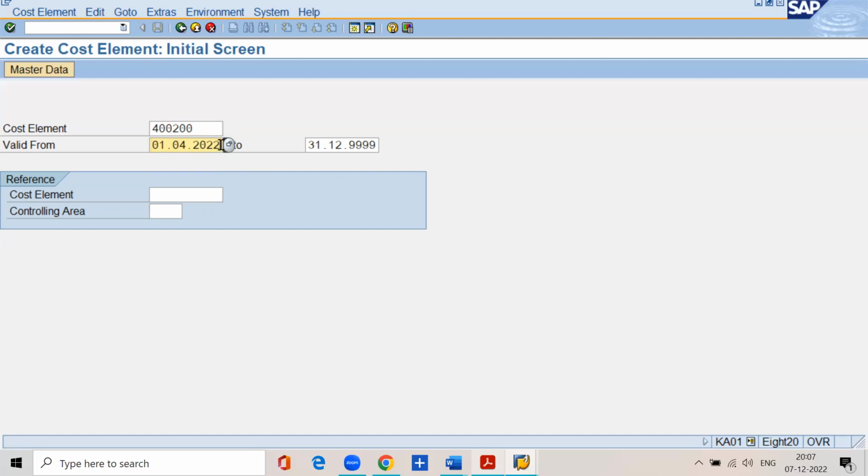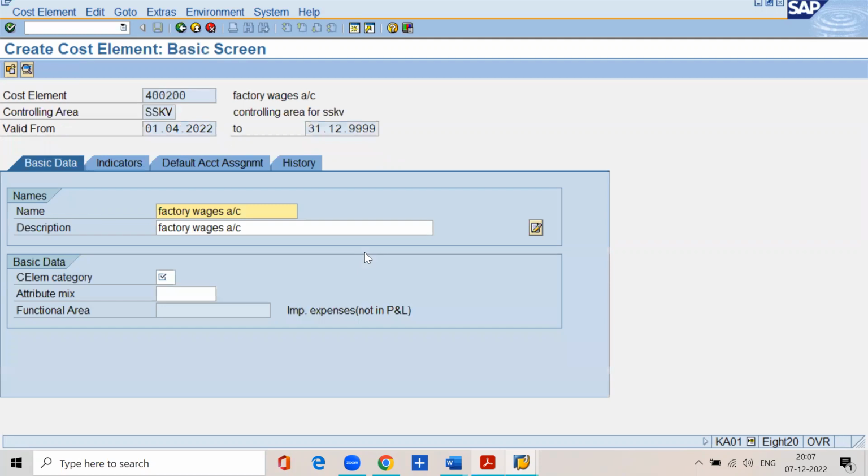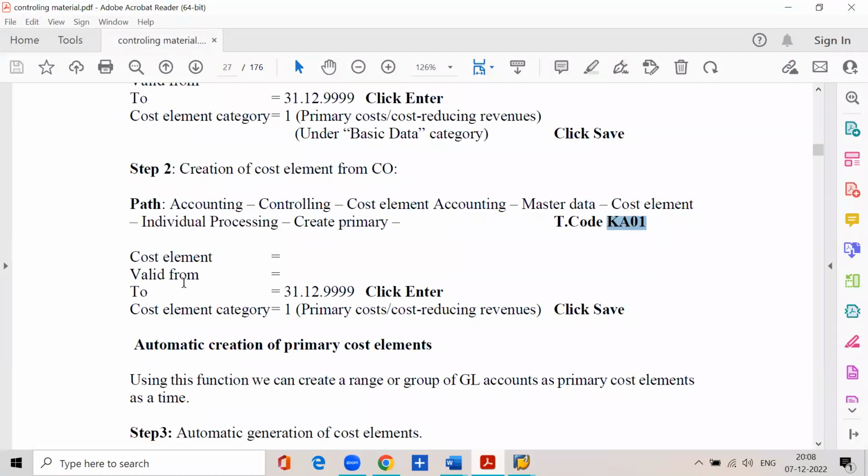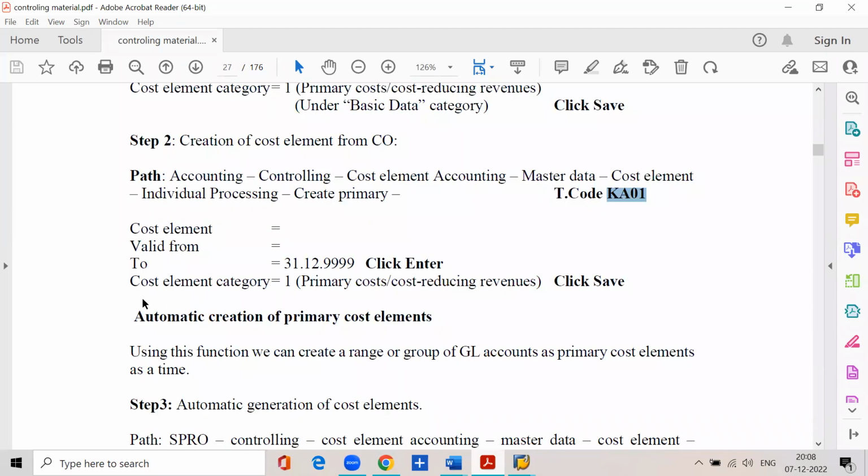Valid from 1/4/2022 to 31st December 9,999. Click on enter. See, cost limit category 01. Click on now. Do one thing, write one more sentence. In the same way,